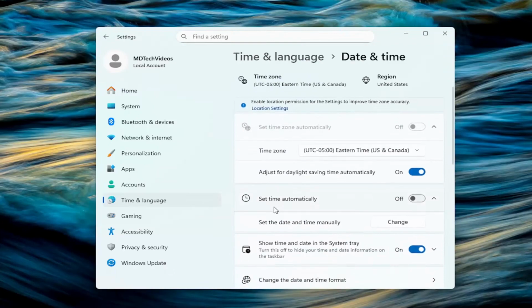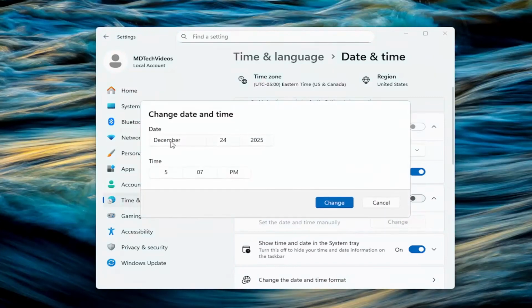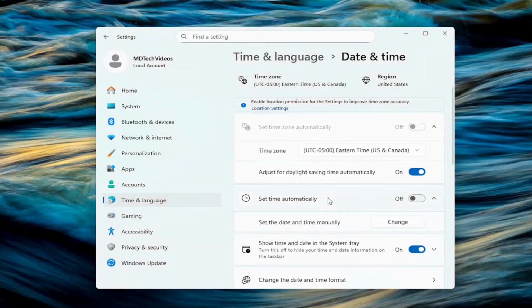If you scroll down underneath set time automatically, you want to toggle that to the off position and then select the change button to go ahead and change that. Click inside these fields, select the correct date and time, and then select change to confirm, and that's all you